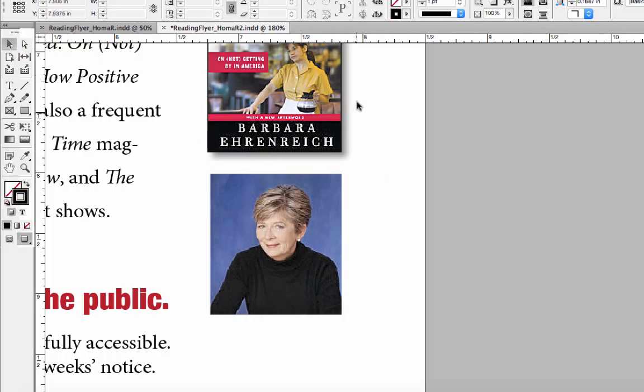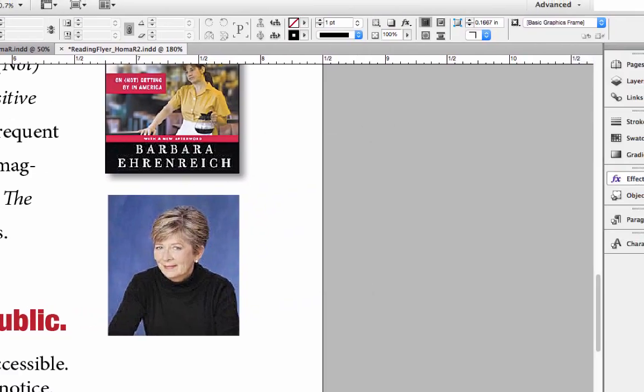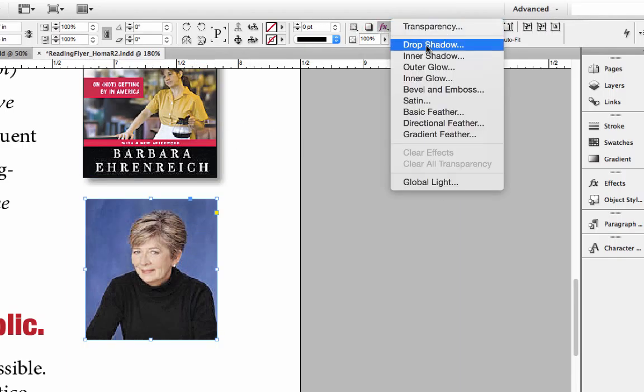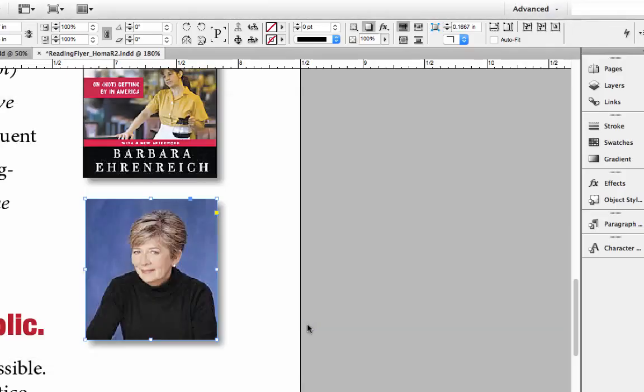Now if I want to put a drop shadow on there, Photoshop has a real easy way to copy effects. I don't know if they have a copy effect here. You can actually save your effects as an object style, but I think what I'll do is I'll just apply it from scratch. I'll just go to effects and go to drop shadow. And again, I did like 45 up here. I did this at 0.04. Same kind of drop shadow on this,